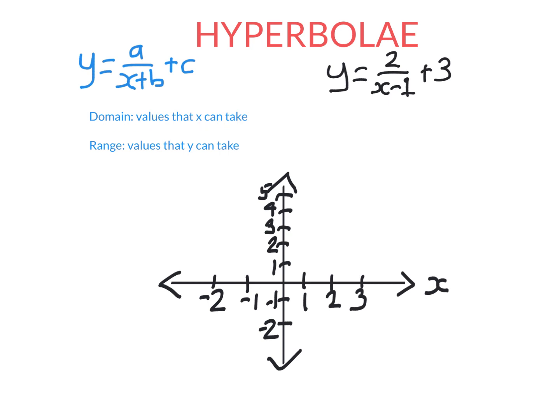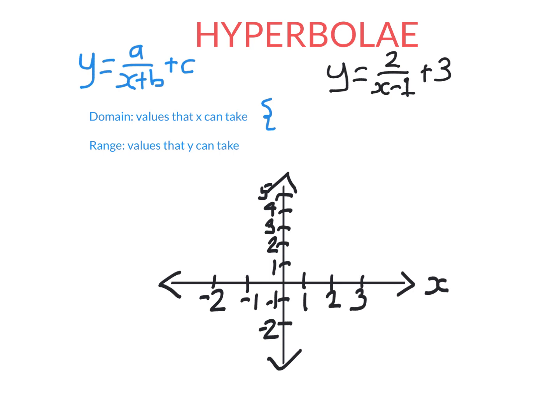So domain, values that x can take. Let's look at this function here. What are the values that x can't take? Well, we're dividing 2 by x minus 1. Division becomes a problem when you divide by 0. I can't divide 2 by 0, it doesn't exist. So this will cause a problem if the denominator is equal to 0. So the denominator will equal 0 if x is 1. Any other value is fine. You can divide 2 by any other number except 0. That's the only problem. So x can take any value except 1,